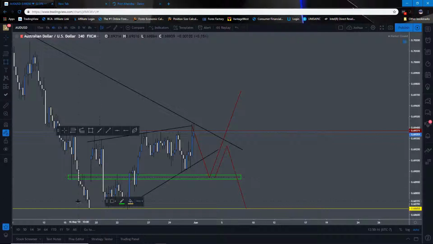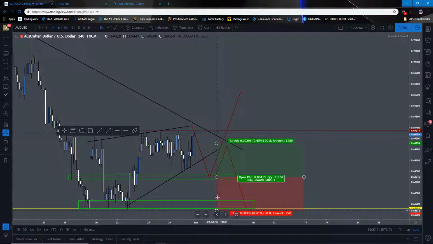I would be looking for some more exhaustion in this area if this trend line gets respected and comes back down. But first things first, I'll be looking for a buy here with a pretty short stop. I get in somewhere right here,